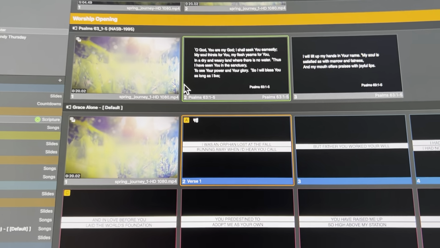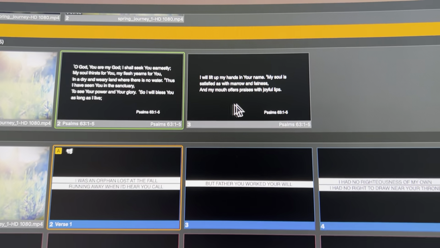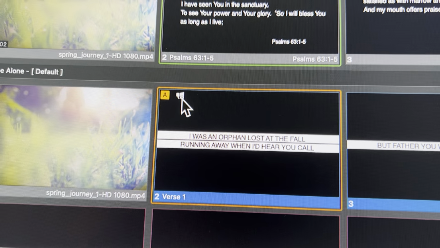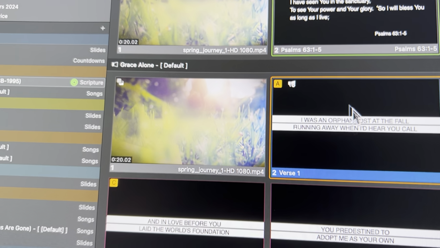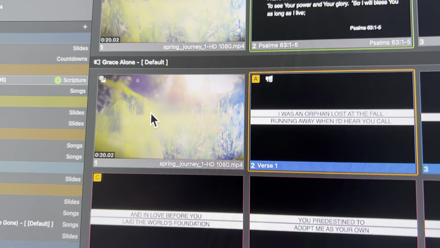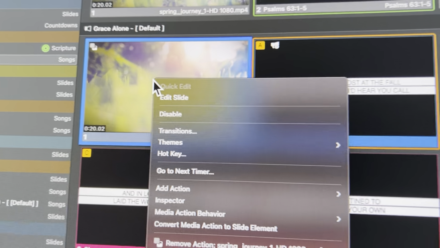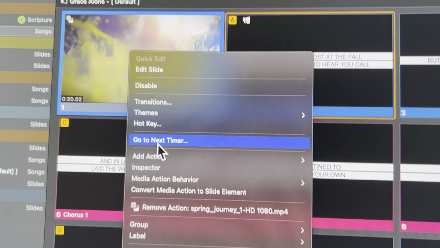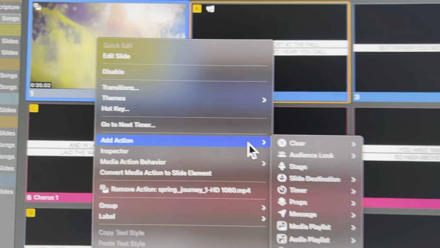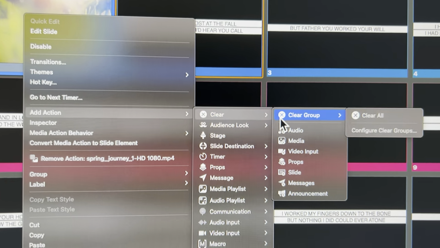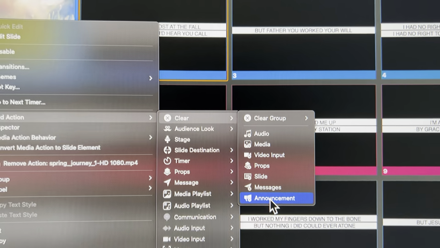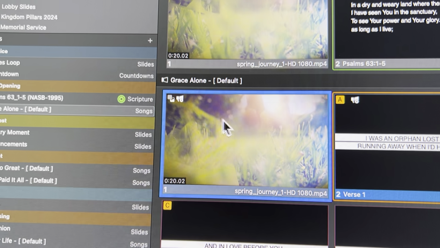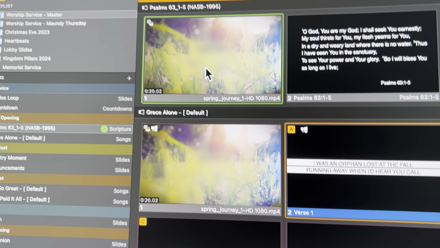Here's the last step with Bible, or any kind of announcement, if you will, is on the following slide. Notice this right here where it's got an X, clear announcement. So that's why it's disappearing there, is because we had set up a clear announcement. Let's set it up on here instead. So I right click and I go to add action, clear, and now we have all these options of what we want to clear, and we go down to announcement, because remember we had set up the scripture as an announcement. So we're going to clear the announcement, and now you see that this icon appeared here. So now if I go back here,